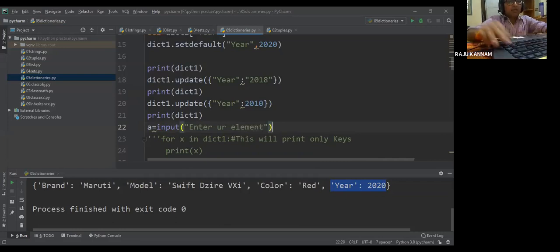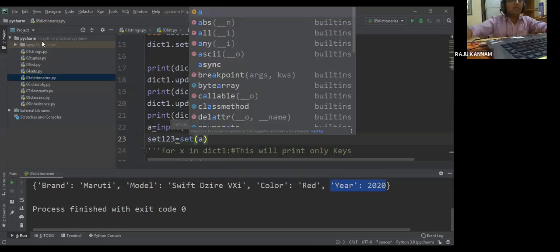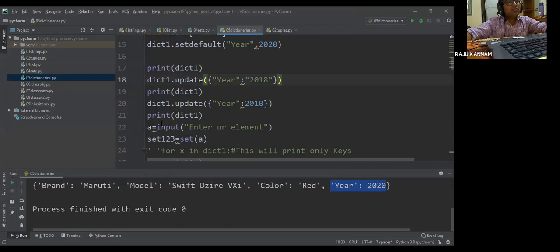Then set 1 2 3 equal to set, use the set constructor, you give a here. And for how many elements you want to repeat, for example if you want to enter 5 elements, you put a for loop for 5 and repeat these 2 statements 5 times. Your set 1 2 3 will be created and all the things will be added.